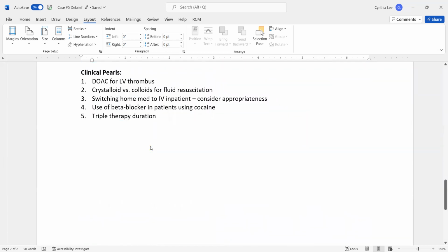All right, moving on to clinical pearls. Some students are recommending DOAC for the LV thrombus instead of continuing with the warfarin. I would say it's not wrong. But if you look at FDA approval indication, this is important because some medications are used off-label, even though they're not approved by FDA for certain indications. And this is one of the instances with the DOAC. And again, it's not wrong. There's just not a lot of evidence backing it up. It's not a very strong